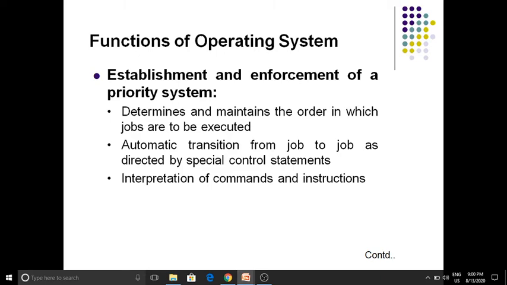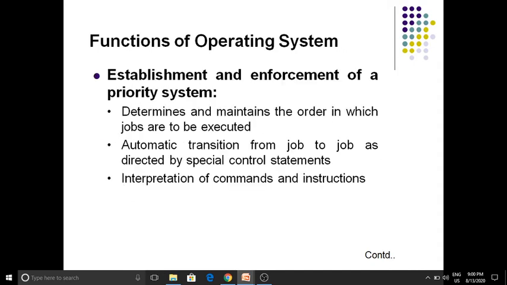This allocation of jobs, that is execution of files, will be done by the operating system. Automatic transition from job to job is directed by special control statements, interpretation of commands and instructions.